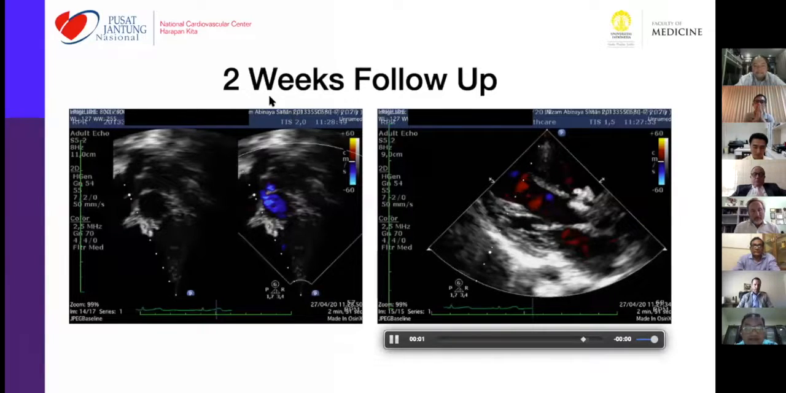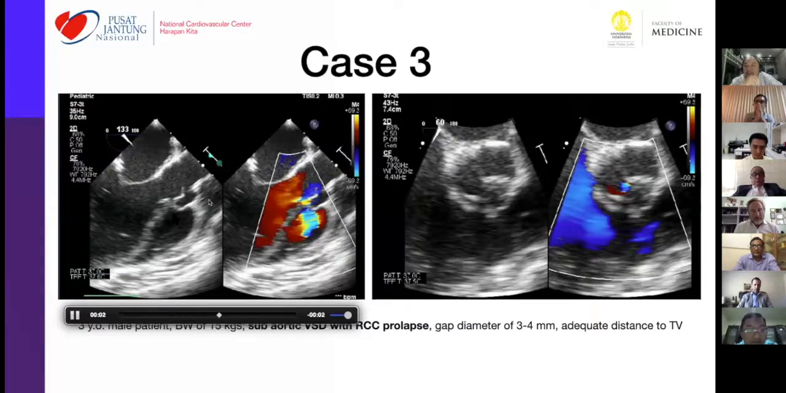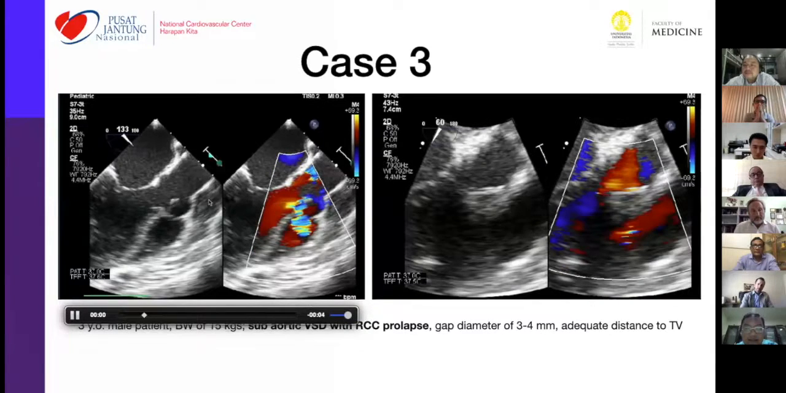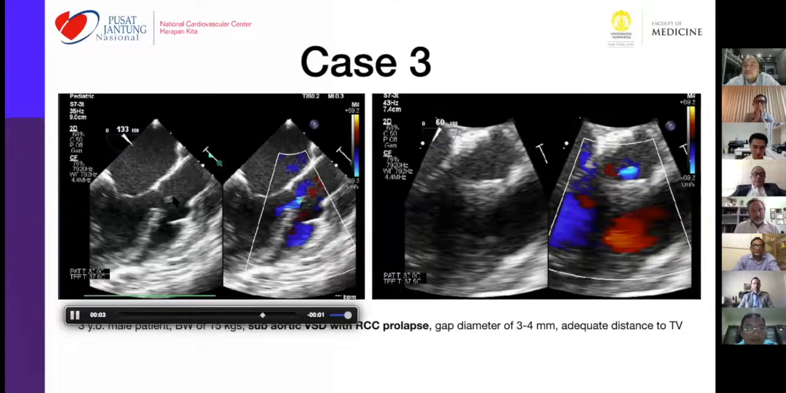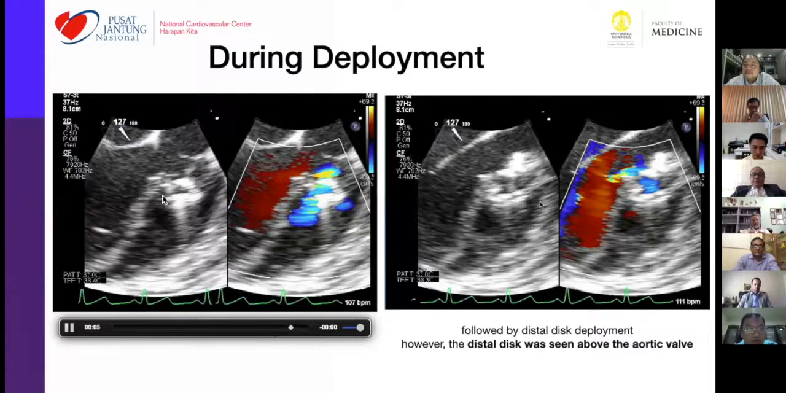And then this is case 3. That's aortic VSD with a slight RCC prolapse. There's trivial AR. And then we try to put the device MFO, but the point is we do the proximal on the